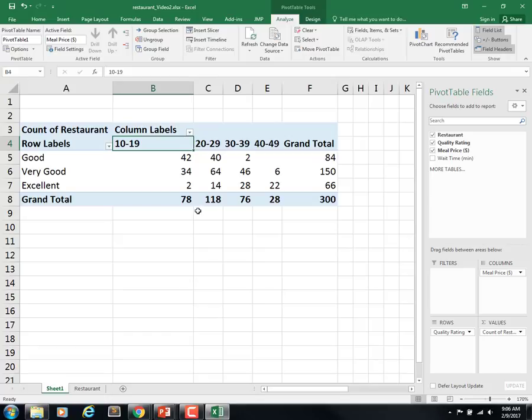So overall, from this we can see which price range has the highest number of restaurants in it. And we can see it's 118 in the $20 to $29 range. Probably doesn't surprise us too much. Notice that we can also see that no restaurants that are rated as good have a $40 to $49 price range. That's probably